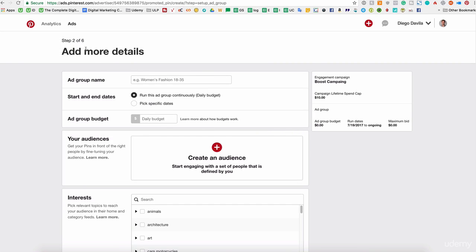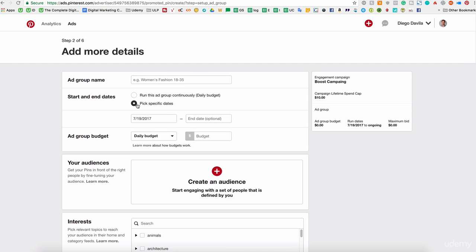Okay, we are at step number 2 from 6. Add a group ad name. You can add a group ad name here if you want. The second option is start and end dates. The first option here under start and end dates is run this ad continuously or pick start and end days. I recommend, if you are starting here on Pinterest and you are starting on advertising on social media platforms, to select the start and end dates because I had problems with some clients and students in the past